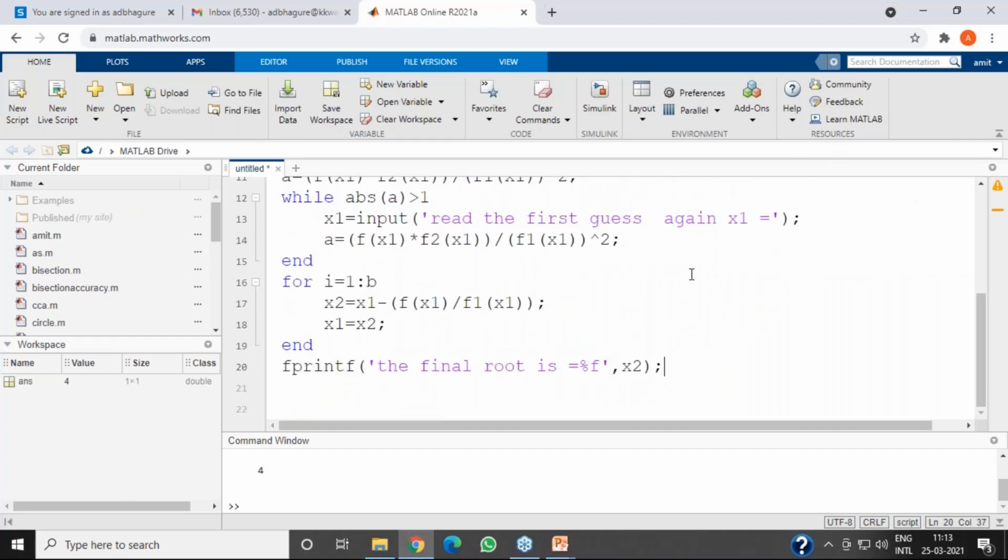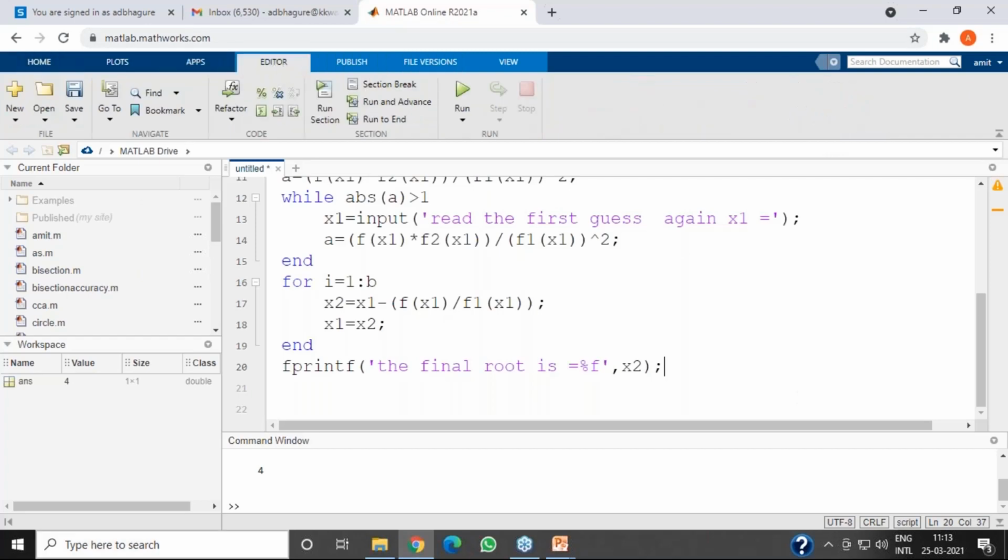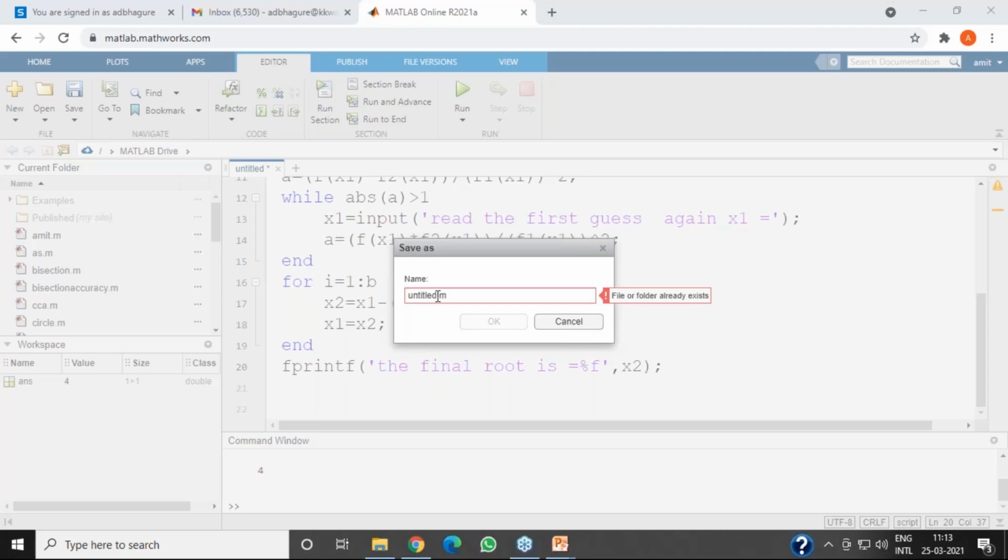Now I can run the program. For that you can click on the editor, click on run. First of all I can give the name to the program. So I can write Newton-Raphson method iteration based.